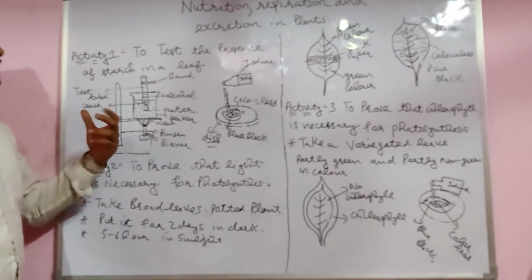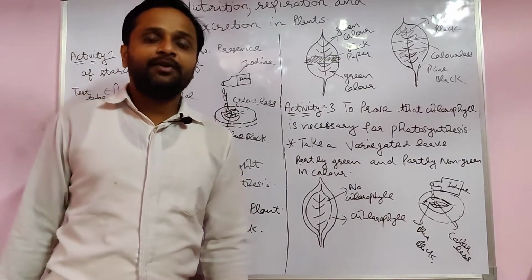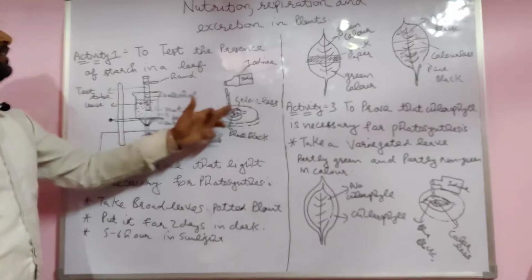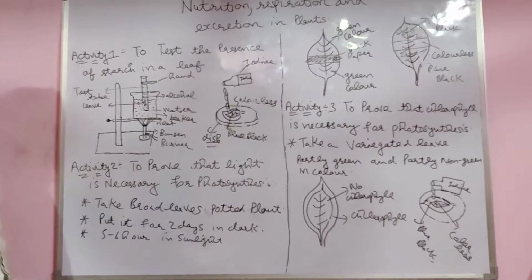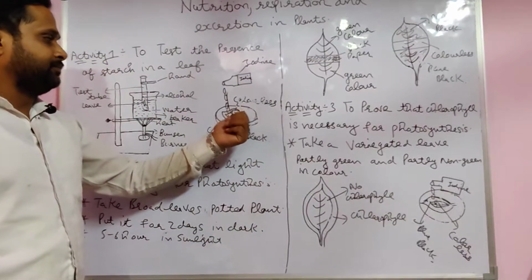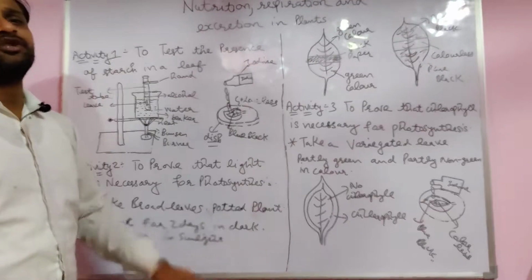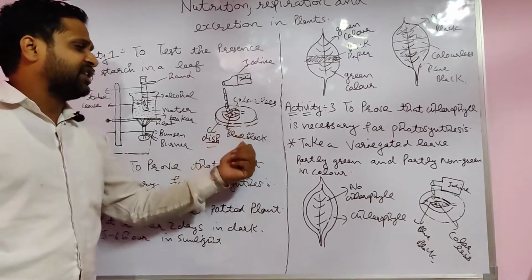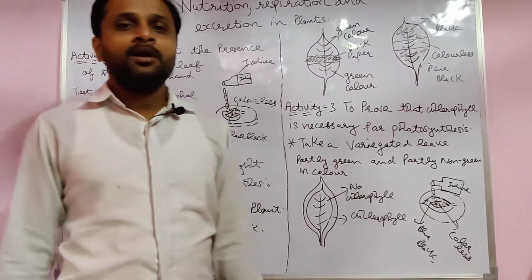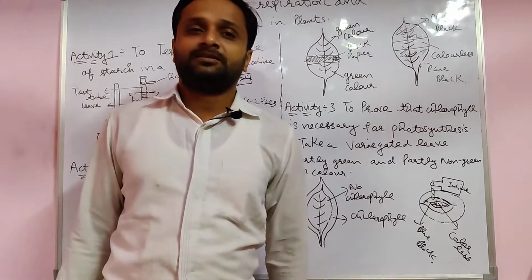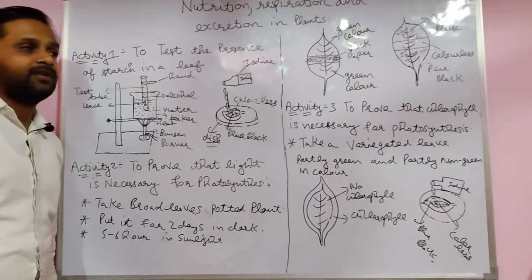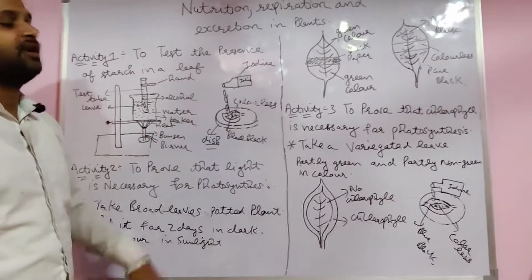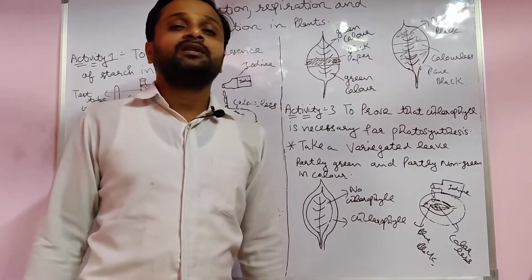When you boil it, the chlorophyll comes out of the leaf into the liquid. Then take the leaf in a china dish, any dish, a petri dish. Now the starch is present in the leaf. When you put iodine solution on it, its color changes to blue-black. When you boil it, it becomes colorless because all the chlorophyll goes into the alcohol, dissolved in the alcohol. So when iodine changes color to blue-black, it means starch is present.